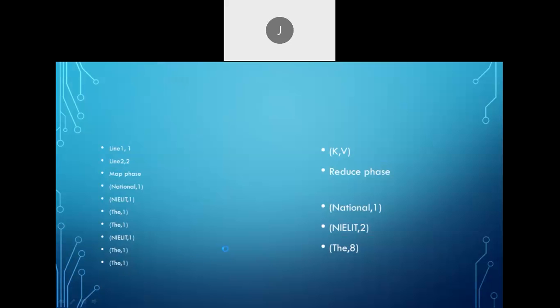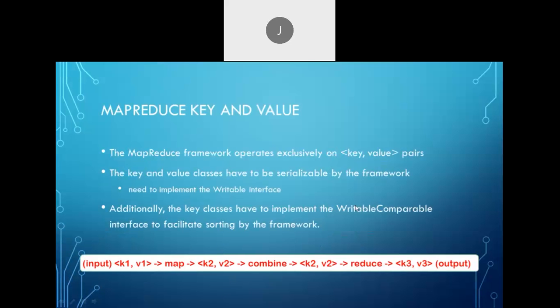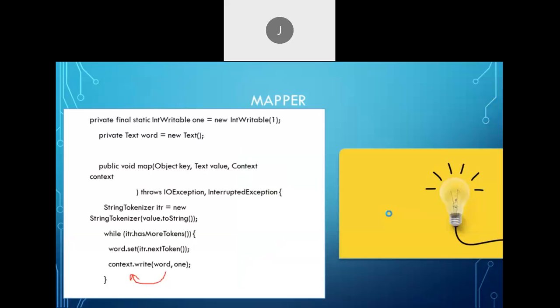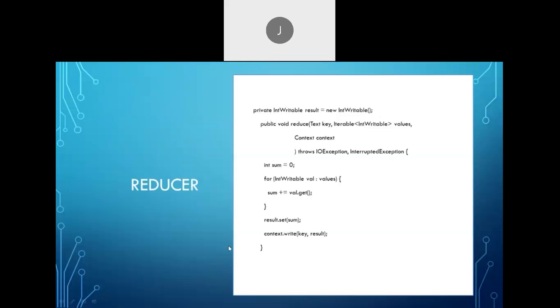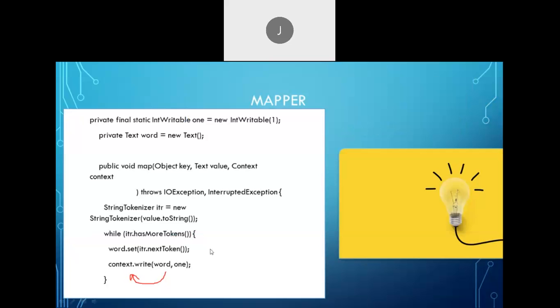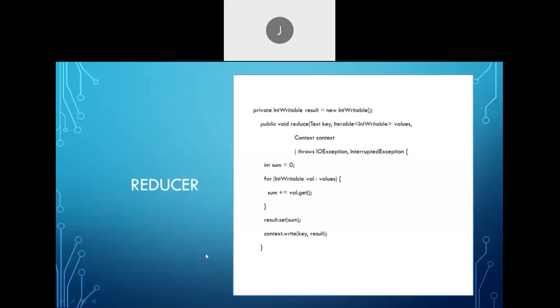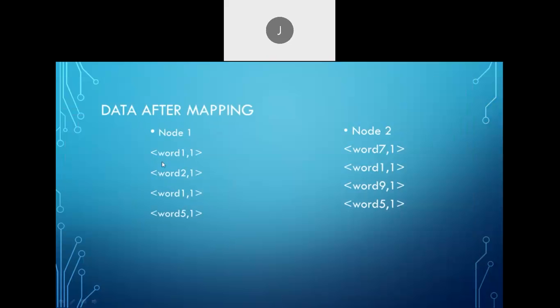The writable comparable we have seen, no, in another slide. That is the place. Implement the writable comparable method. That is, the context will write your data into the HDFS itself. Okay. You can ask me why it is going to temporary. It will create a temporary directory. The output of the map also will be present in the HDFS temporarily, because somewhere we have to store it, right? We will store it into a context in HDFS itself, and